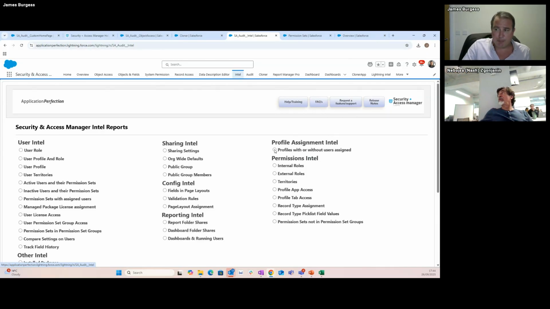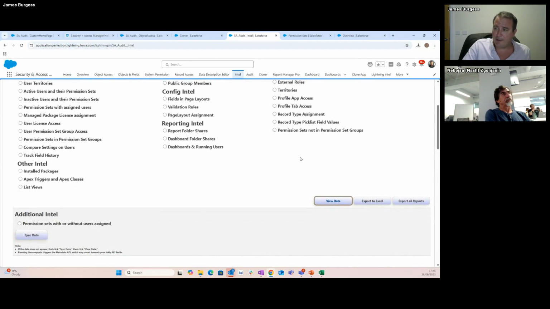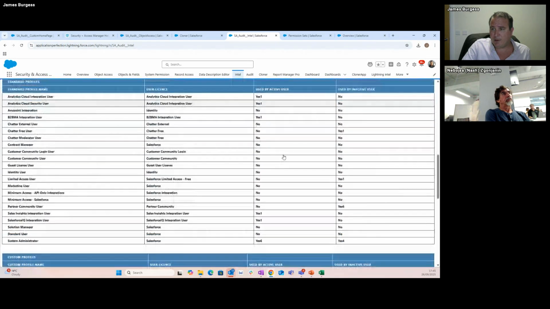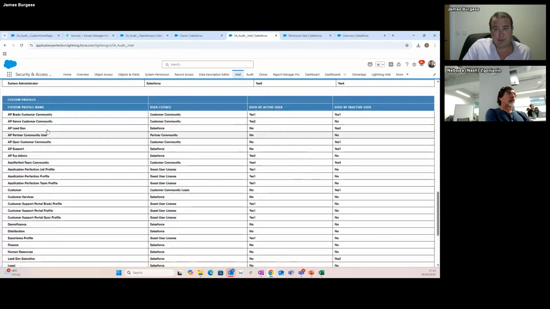So, for example, profiles with or without users assigned. If I click View Data, you can see, apologies, a lot of standard profiles that aren't being used by inactive users or active users. We can't do anything about them because they come with Salesforce. We can't delete them. But if we scroll down to these custom profiles, you can see we've got,